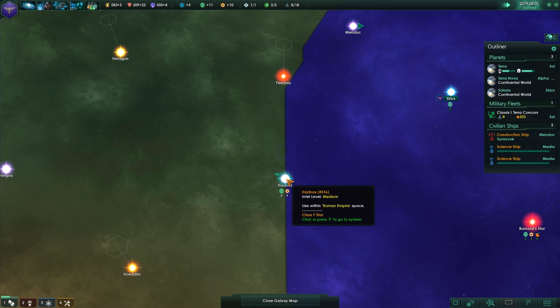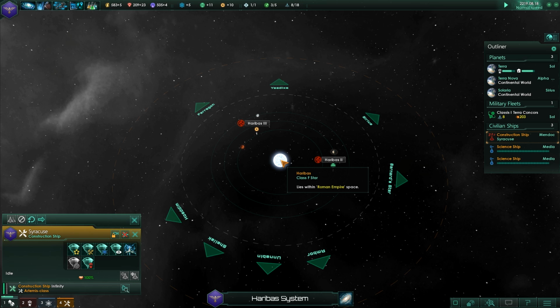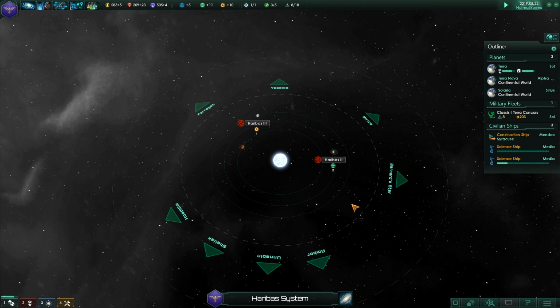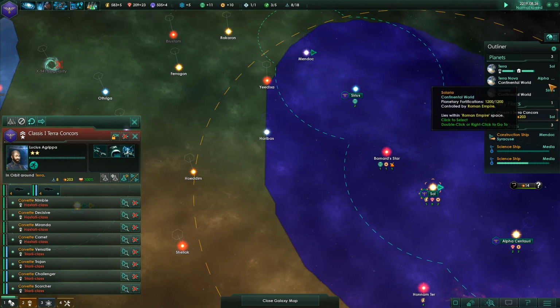Harabas. This is inside our... It does lie within the Roman Empire. So we can head over there with our construction ship and start building over here too. We don't really need to build right now though, because I want to get that Valerian dust in our spaceport before we actually... Oh shit, actually...